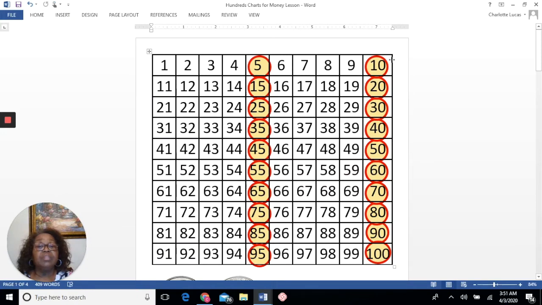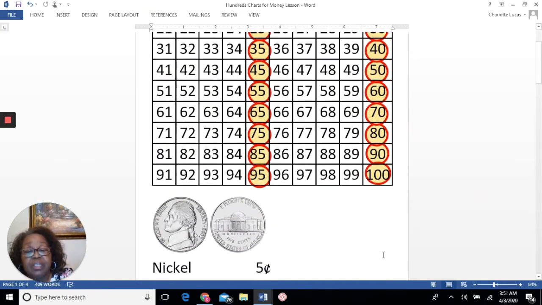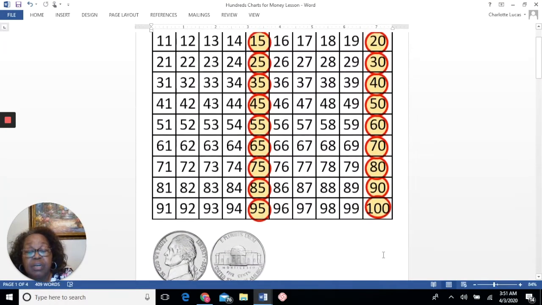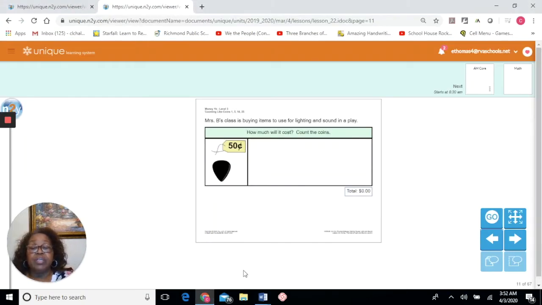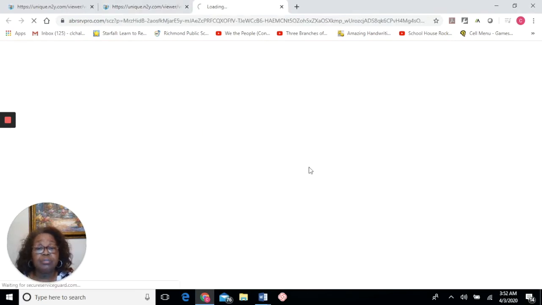So 5, 10, 15, 20, 25, 30, 35, 40, 45, 50, 55, 60, 65, 70, 75, 80, 85, 90, 95, 100. We skip counting by 5. 5 cents represents the nickel, and that's the coin we'll use to try to solve our problem. So let's go back to our problem and see if we can get a solution. If we're using just fives, we're just using nickels,